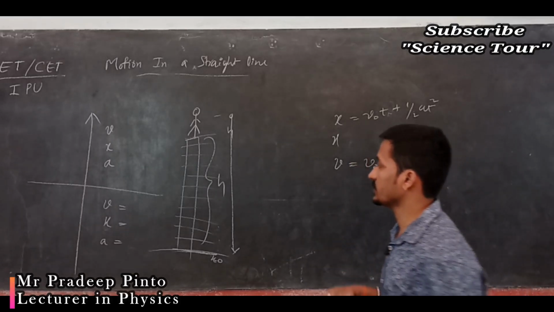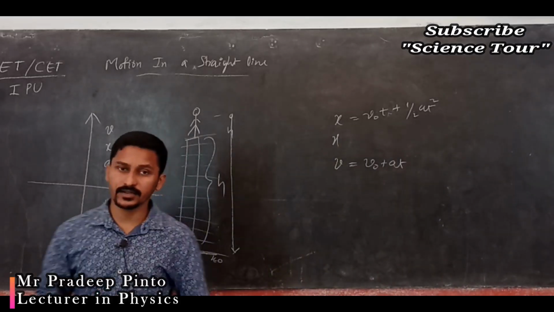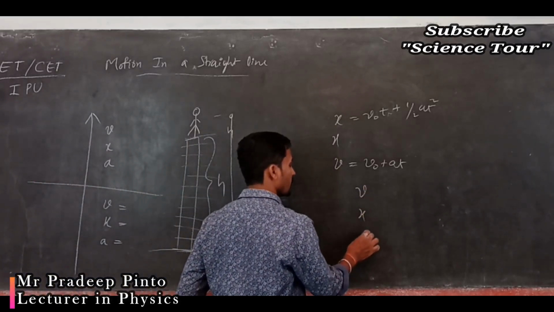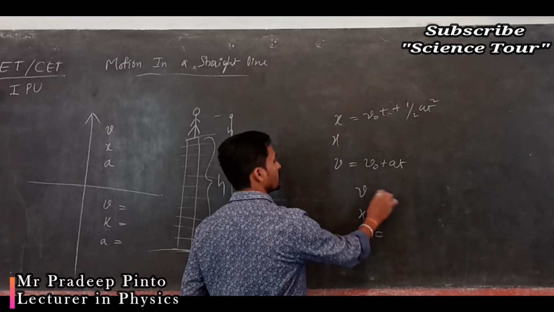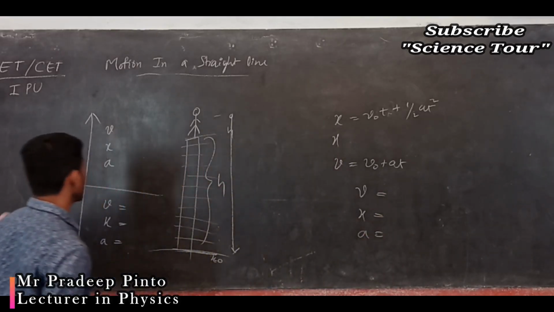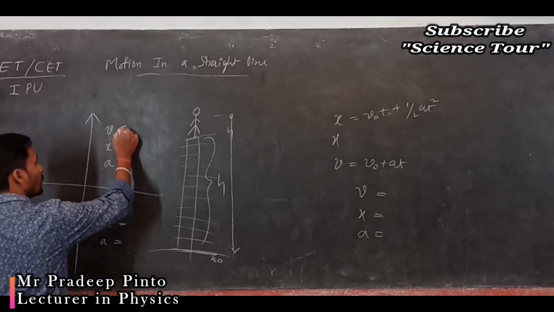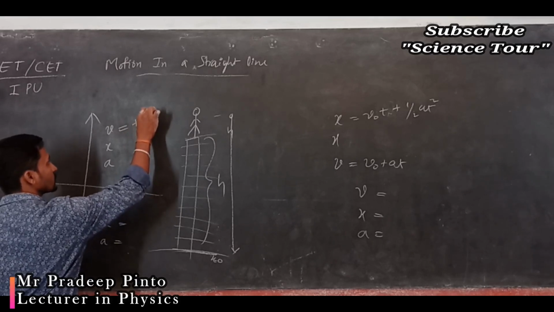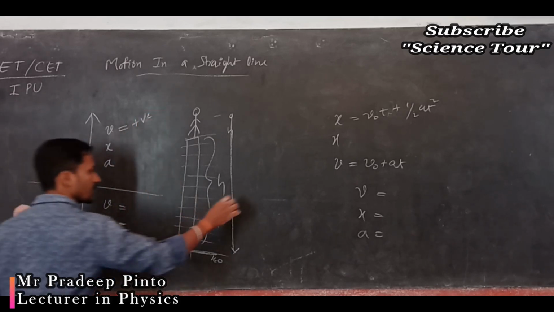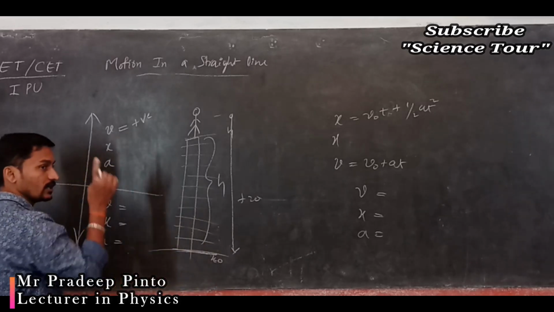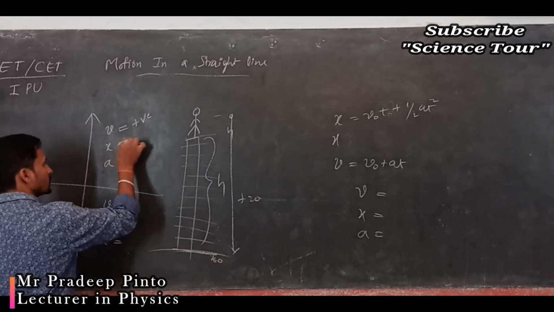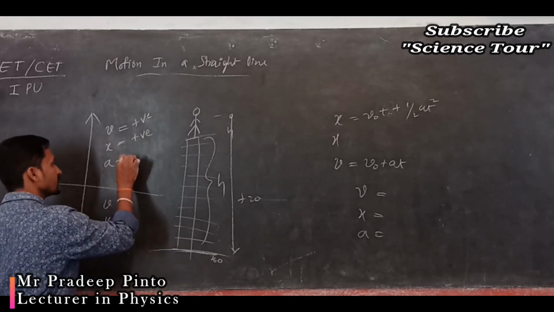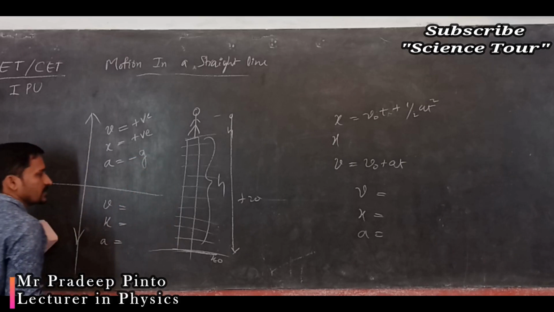Now what we were talking about here: an unknown quantity is there. It may be V, you have to find out. It may be X, you have to find out. It may be A, you have to find out. It doesn't matter for us. Now say, for example, the known quantities are there. For upward motion, velocity you always put as positive. 20 meter per second means plus 20 meter per second. This is only for upward and downward motion. For upward motion, displacement is positive, but this is negative, and this is 9.8, that is minus g.